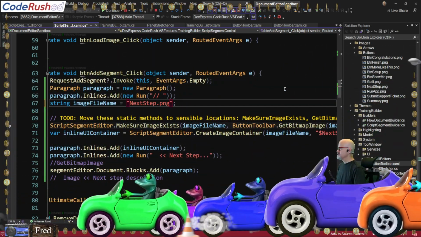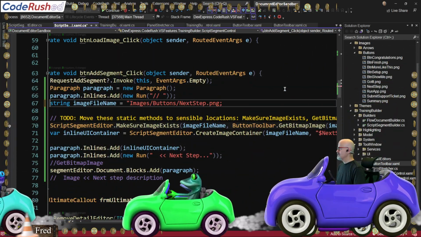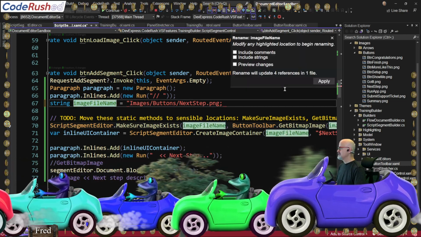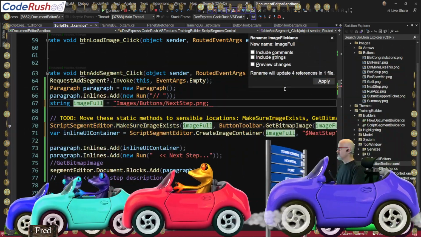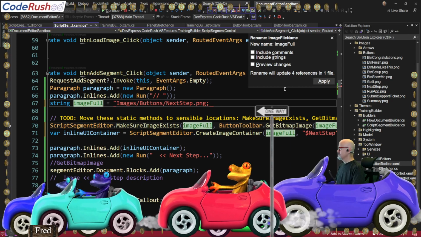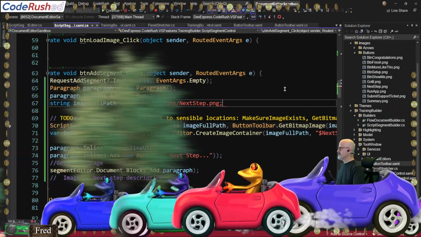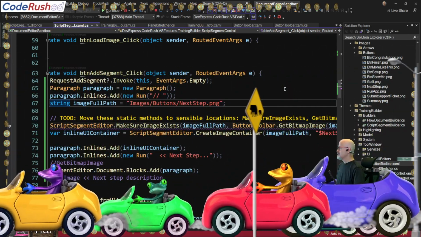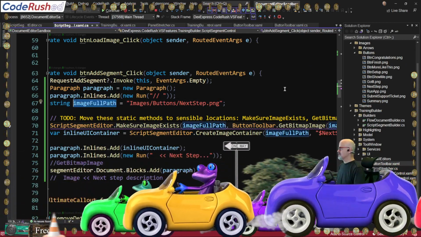And we need, there's a file name, there's an image. You're missing a double quote on the end of that. Thanks. Full path. Loving that the refactoring still works.